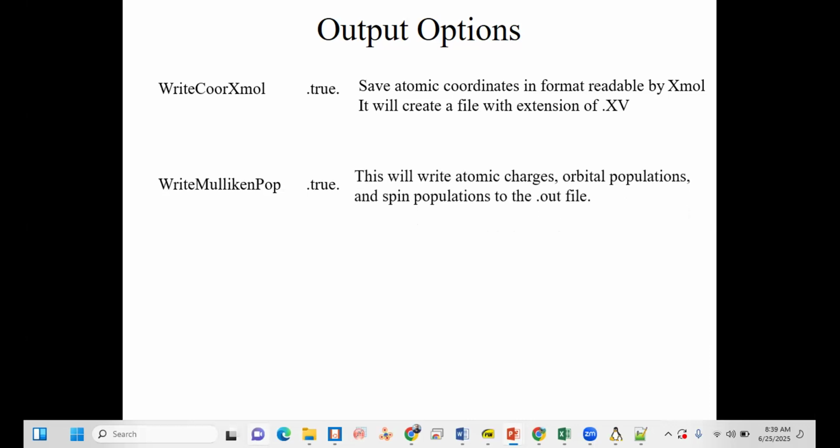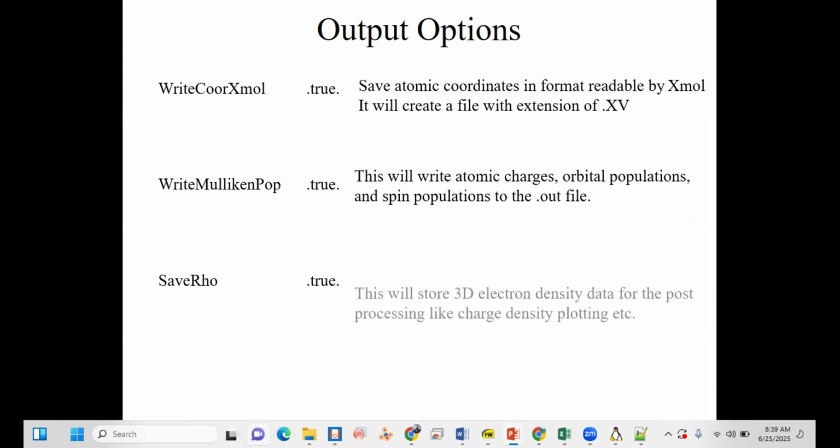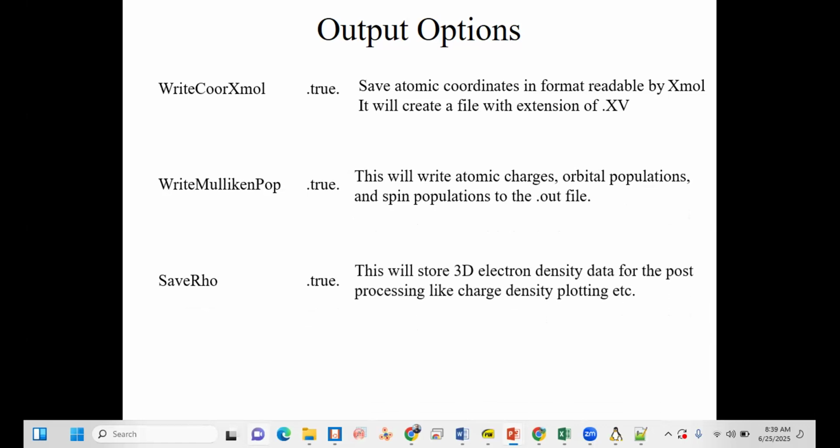This will write atomic charges, orbital population, and spin population to the output file. Save rho, save rho line: if it is true, what will it do? Sorry. This will create 3D electron density data for post-processing, like charge density plotting, etc.